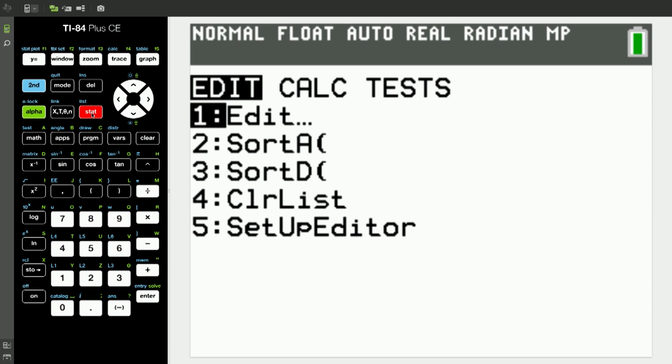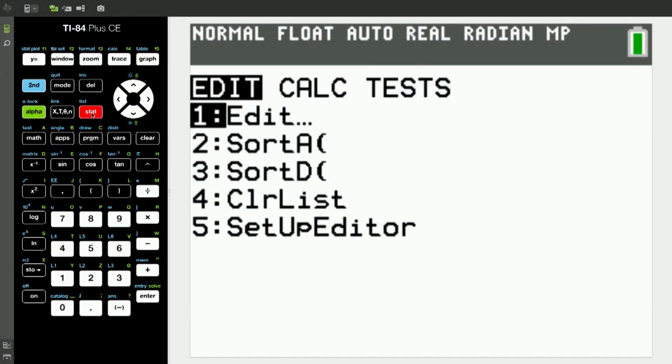Okay? How many of y'all have ever used a TI-84 before? When you go to list, what do you normally see? Can you describe more fully? Think about and observe. Think in your mind's eye. What do you normally see when you go to list? I think she said it. What does it look like? A chart. Those of you that have not used this before are not going to be wowed, but those people that haven't used it should be. Again, I'm on 1. I'm going to go to enter.